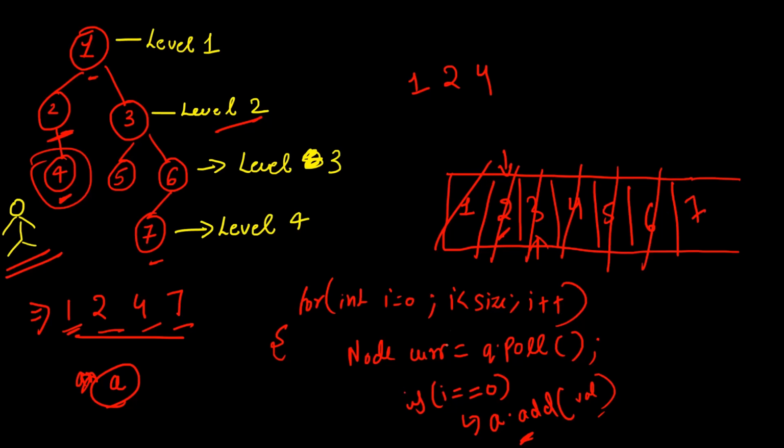Again we are going to follow the same process. Now there's just one node present in our queue. So i equal to 0 will be true for this particular node. So 7 will be a part of our left view list, and that's it. It is going to be removed, and now our queue is empty. So you can see we have got our answer. We have got the left view of our binary tree, right? So this is the complete approach for this particular problem. I hope the approach is clear for you. So let's move to the coding part now.